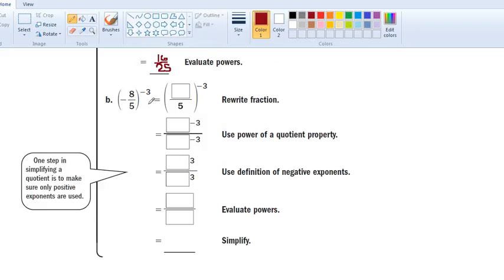Now think about what this -3 means from our previous lesson. That -3 exponent is telling us to use reciprocals. So what we're going to do is, first of all, take one quick step. And instead of thinking of this as -8/5, what that means is this fraction is a negative fraction. So we're going to make it still a negative fraction, but we're just going to apply the